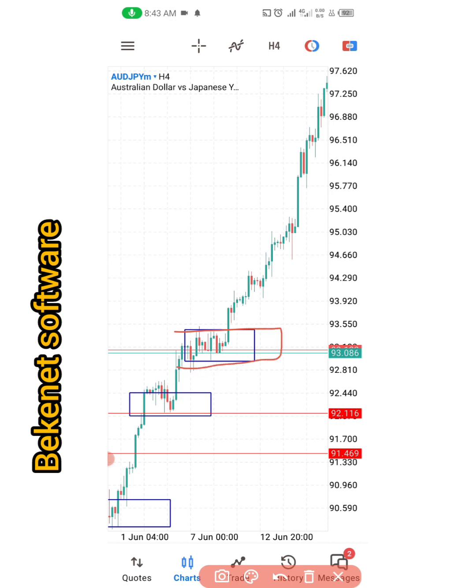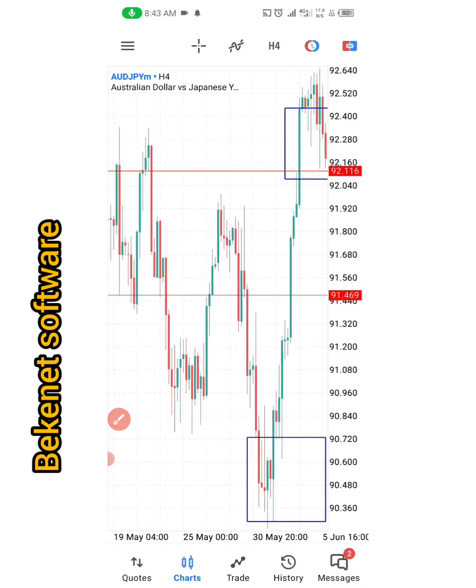So if I see this kind of pattern, I will just program my software: once you see a red and a green candle, please notify me. I want to go long. That's just it. So let me go back again so that you'll be able to see how you can use